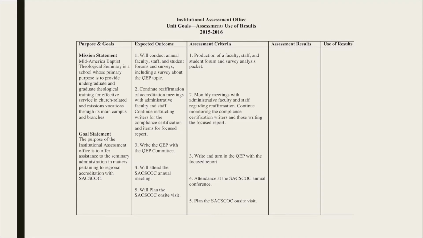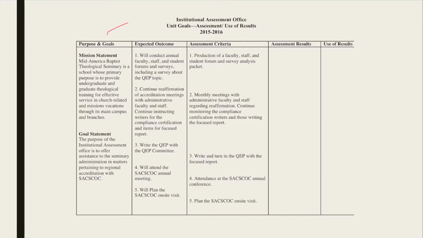Now, what is an AUG? An AUG, as we said, is an administrative unit goal, and it's comprised of five columns. You have the purpose and goal statement first, which is fairly standard. You have the mission statement, and then you have the goal statement. The mission statement won't change.